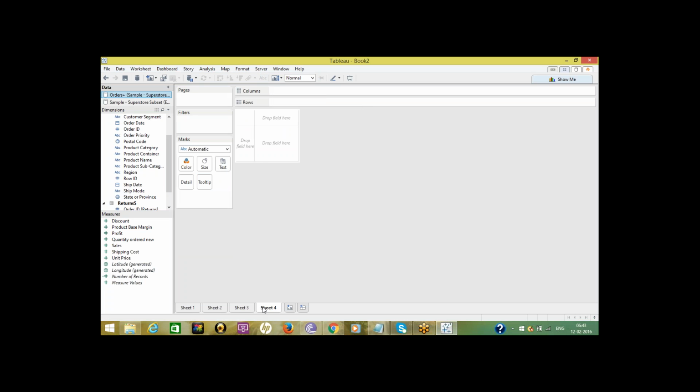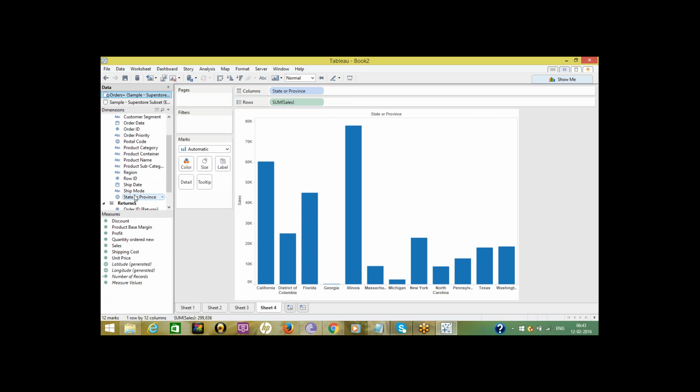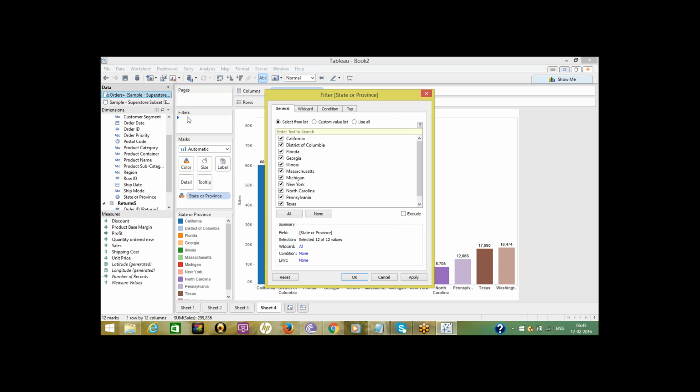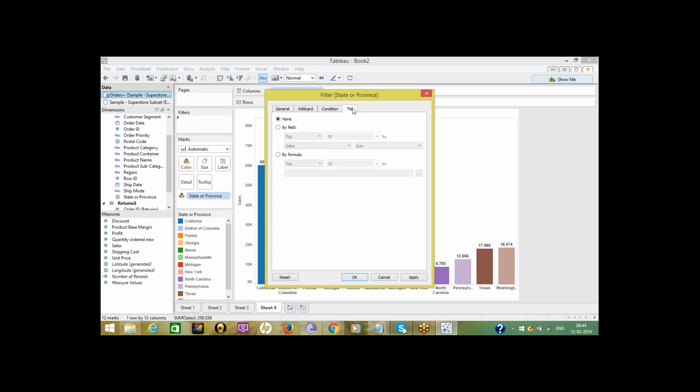Okay, one more. The state wise sales. Top 10 states based on sales. Drag state onto the filter shelf. Go to top, by field, top 10, sum of sales.